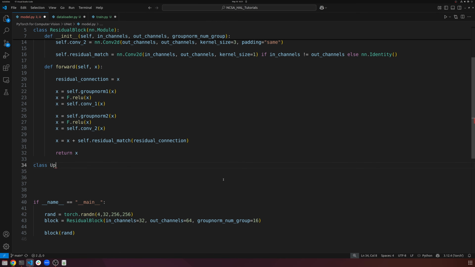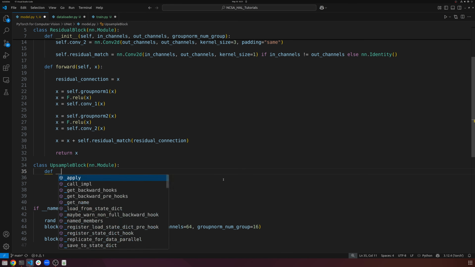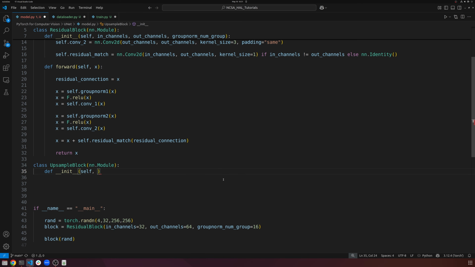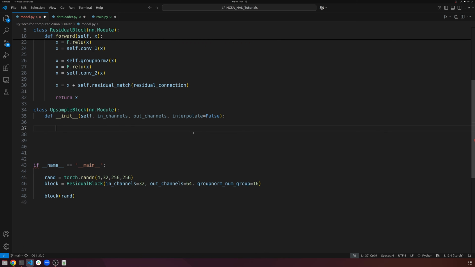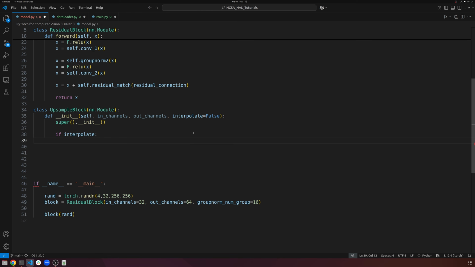So we're going to create a class UpsampleBlock. We'll talk about the checkerboarding artifacts that occur in generative models when using transpose convolutions, but for today, because we're focusing on image segmentation, we're not really going to care all that much. Do in_channels, out_channels, and interpolate equals, we'll say False for now, right? By default, we'll set it to False. And so we'll have our super().__init__, just like that. And what we're going to do is, if interpolate, so if we're using the interpolation method, then we're going to do self.upsample is equal to